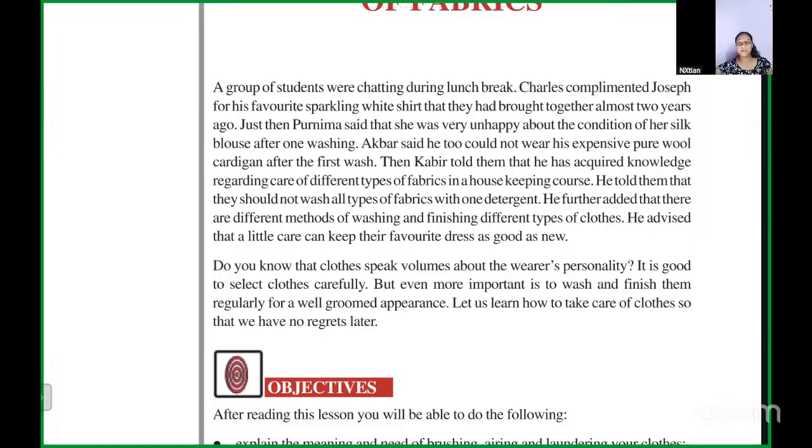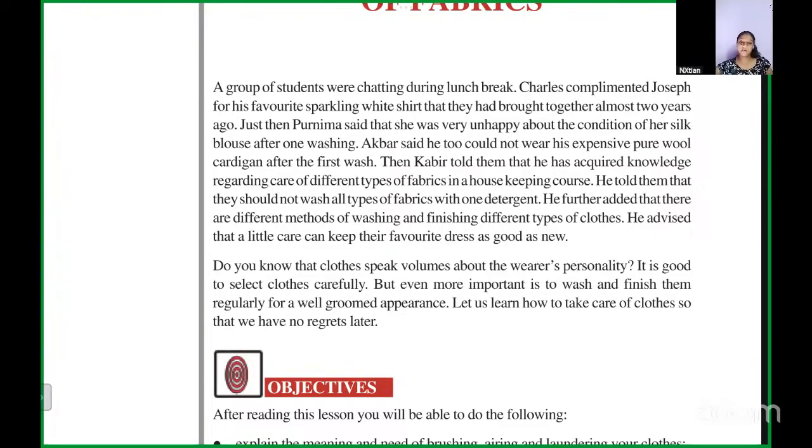Now, when we wear clothes, there are a variety of them. They are made up of different materials, and different kinds of materials require different types of care and maintenance. Like some clothes we need to wash in cold water, while some clothes we need to wash only in warm water. Some clothes we cannot wash at all. We can only give them out for dry cleaning, right? Some clothes we have to put in the sun, while some clothes we can put in the shade to dry, okay?